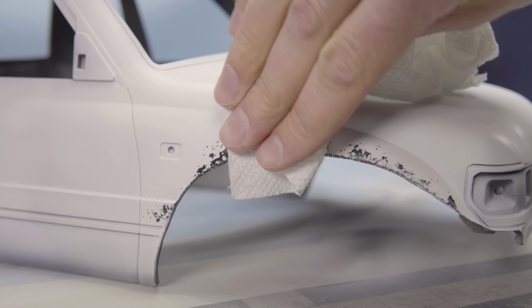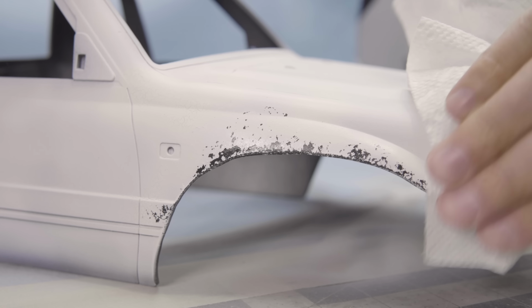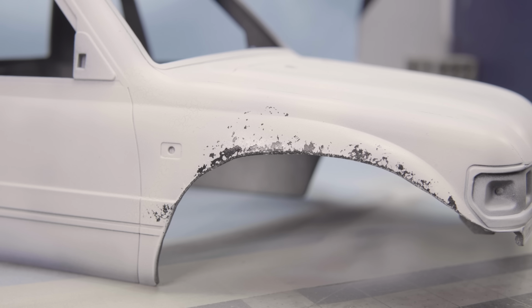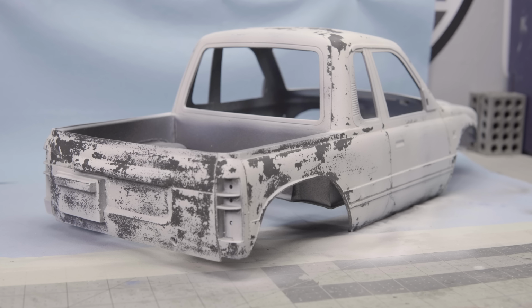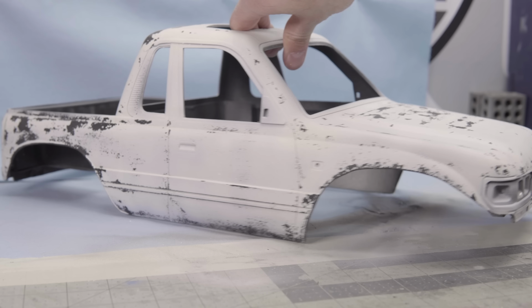And that's essentially the process. You can see here I've sped up a lot of it, and it does take an awful lot of time to do this, but here's the finished result, and it's really, really cool. You can see that it's completely random, and it's all over the place, and I intentionally chipped more where I'm going to be putting the TRD stripes because I want those to really stand out and also look